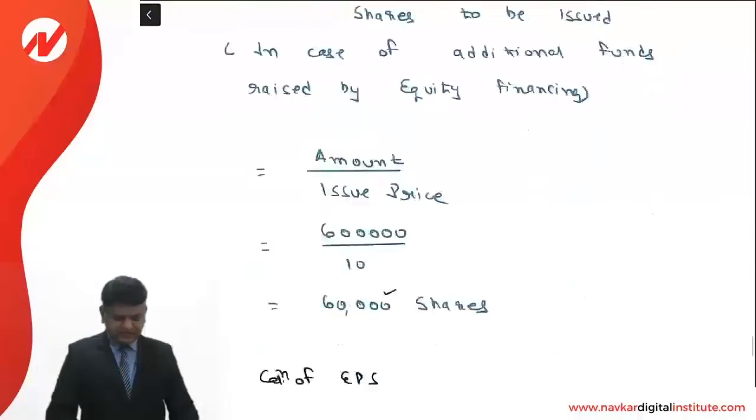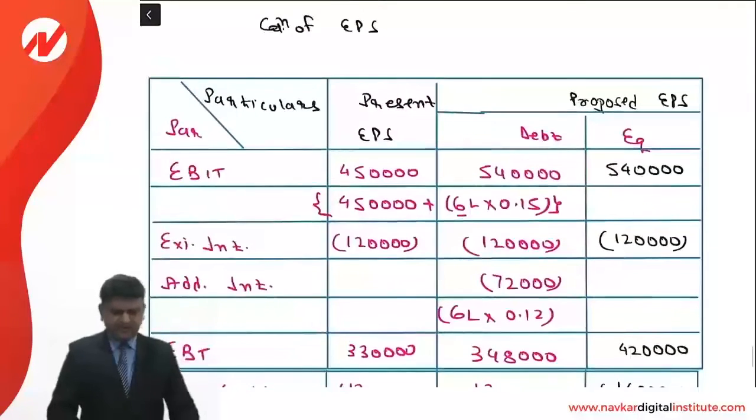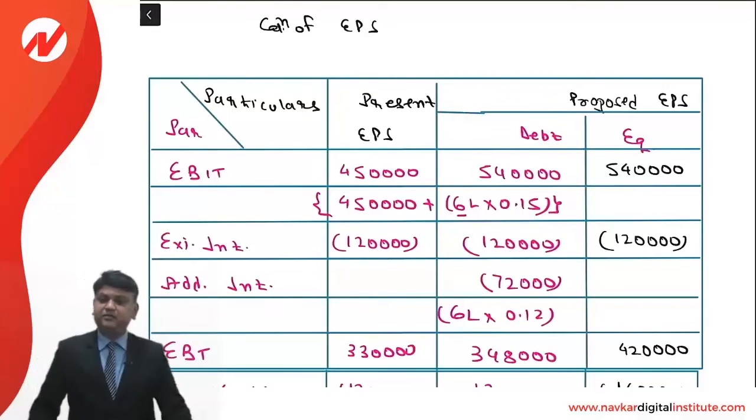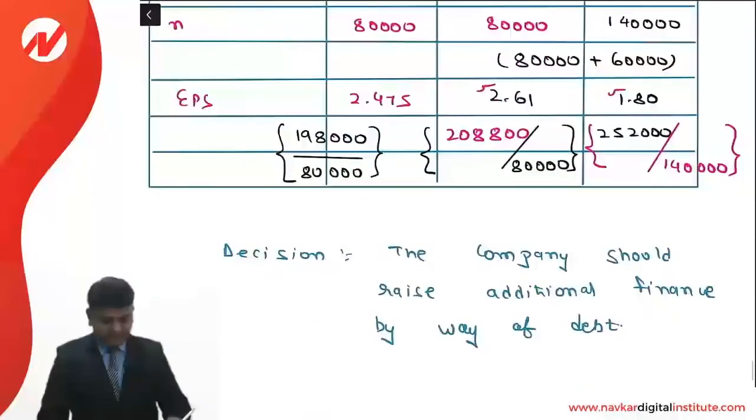Afterwards, friends, the question is very simple. You are required to make the calculation of the EPS. The reason that we are calculating the EPS even for the current one is that the question provides that you are required to decide whether you should expand or not. And if at all you are suggesting expansion, then by which source of finance. That is the reason we make the computation of the current earning per share.